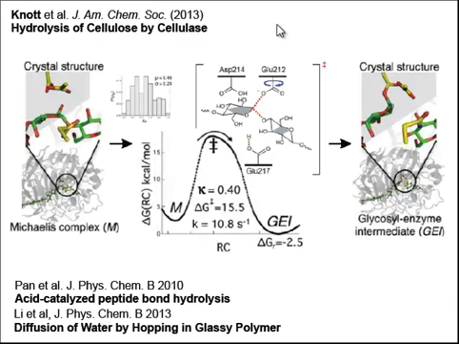Brandon Knott did a very nice study using this to look at the mechanism of hydrolysis of cellulose by a cellulase enzyme. This is a fantastically complicated process where you have this polymer strand being clipped by the cellulase enzyme. It's sitting inside this cleft in the enzyme, and so there are all these enzyme residues involved, and also, of course, there's chemistry happening. And what I think is really remarkable about this study is that they find a reaction coordinate that, of course, gives them a pretty good committor distribution, but also gives them a pretty high transmission coefficient.